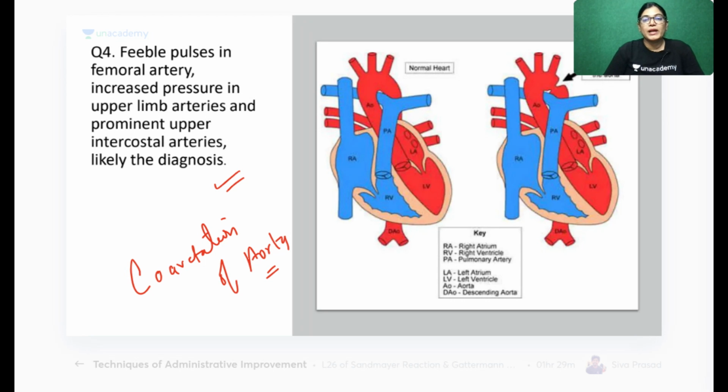Okay, so when the patient has a clinical presentation like this, the patient will have coarctation of aorta. Turner syndrome was mentioned as an option, Anayana, but coarctation of aorta is the correct answer. You can see why this is the correct answer, because we know that when there is constriction